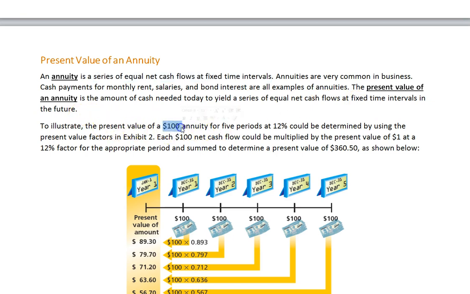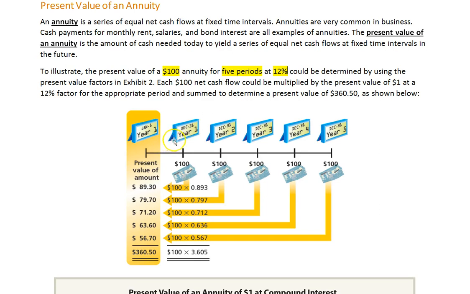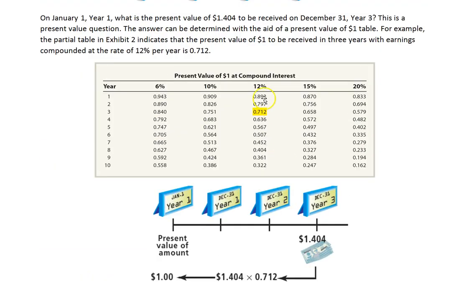Alright, so let's take an example. $100, 5 years, 12%. Alright, so what we could do, we don't need this other table that I'm about to show you. What we could do is think about this $100 occurring every year for 5 years. We go back to the previous table, and this is under 12%. We're going to multiply the first one because we need to take it back one period, the second one by that one, third one by that one, the fourth one by that one, the fifth one by that one,